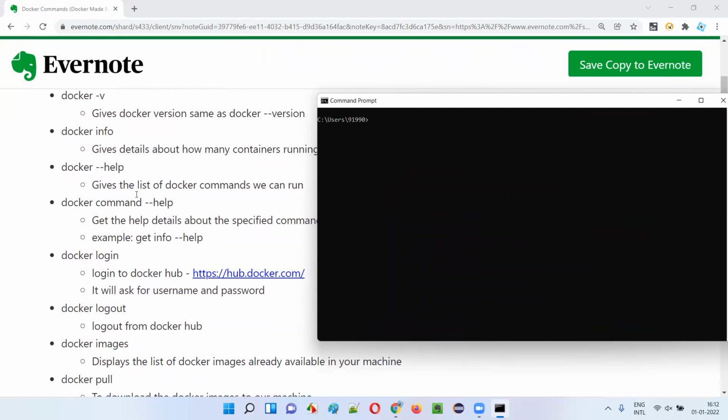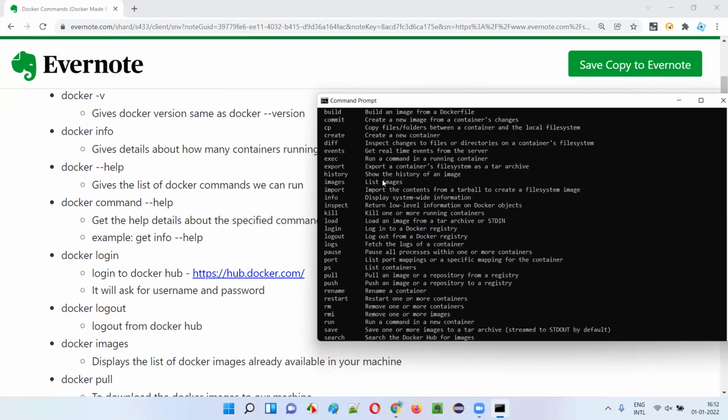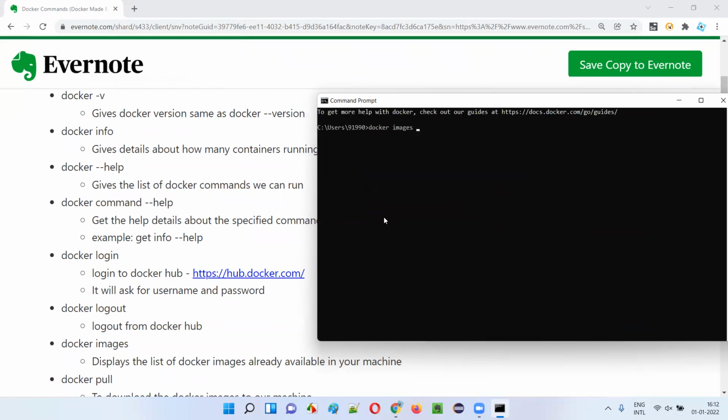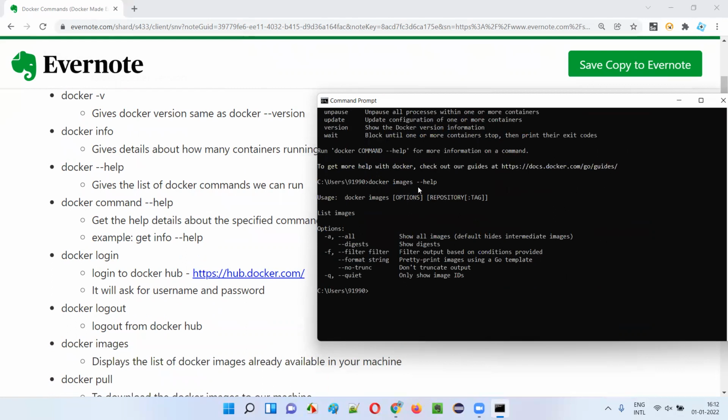If you want to find out more information about one of the commands, for example, when you type docker --help, you got a list of Docker commands, right? Let's find out about a few commands here. Let's say one command we can take here is the images command. So here I'll say docker images. I don't know what is the purpose of this docker images. So after typing docker images, just type --help, guys. This will give you the information about only this images command. You see, when I say docker images --help, I got this. This is for listing the images. Whatever Docker images have been downloaded in this machine will be listed, guys. That's the purpose.